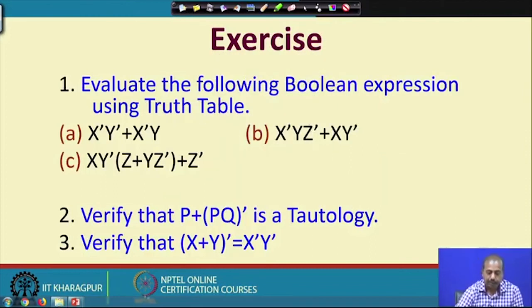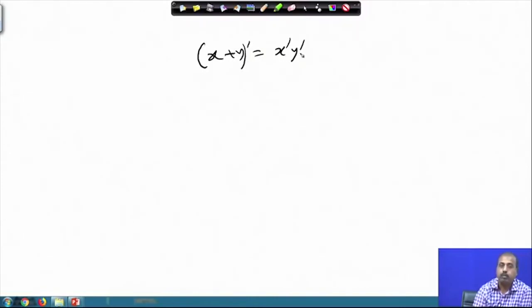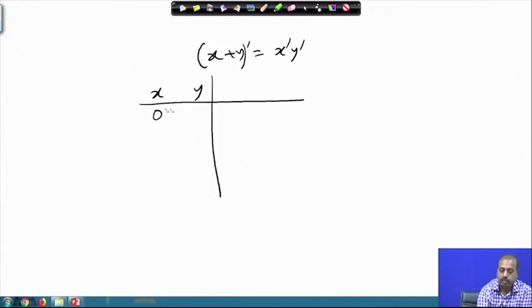It says: verify that x plus y bar is equal to x bar y bar. So let us see how we can do this using a truth table. Our problem is to show that x plus y bar equals x bar y bar. How to do this? As we are using a truth table method, there are 2 variables, x and y. So we write down the corresponding input possibilities: 0 0, 0 1, 1 0,